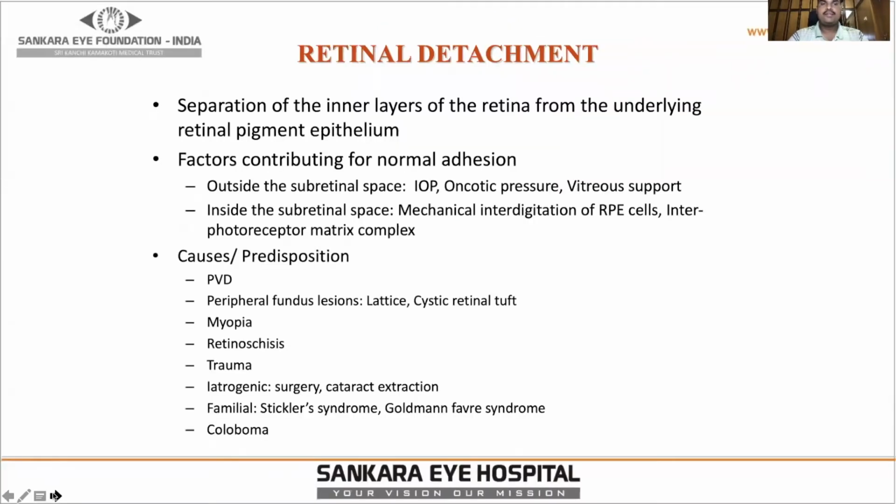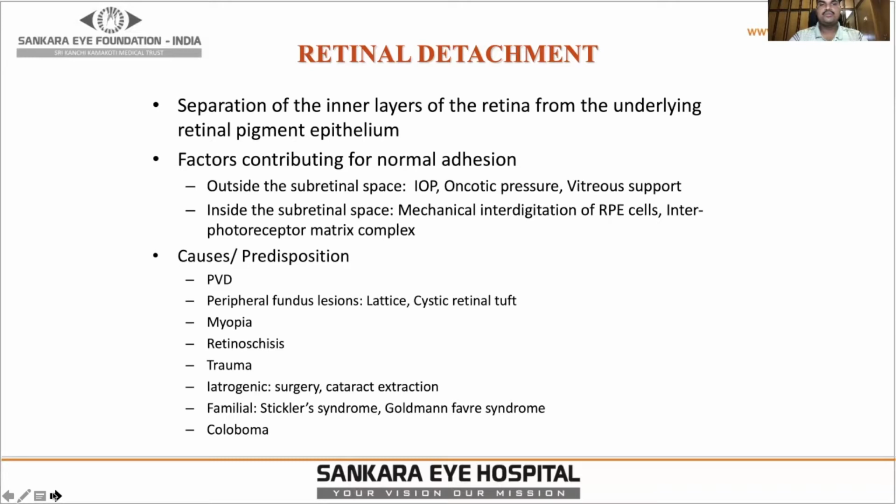Retinal detachment is a separation of the inner layers of the retina from the underlying retinal pigment epithelium. There are various forms of retinal detachment, which include tractional retinal detachment, exudative retinal detachment, and rhegmatogenous retinal detachment. In this presentation, I'll be talking about rhegmatogenous retinal detachment. Factors which contribute to the normal adhesions: